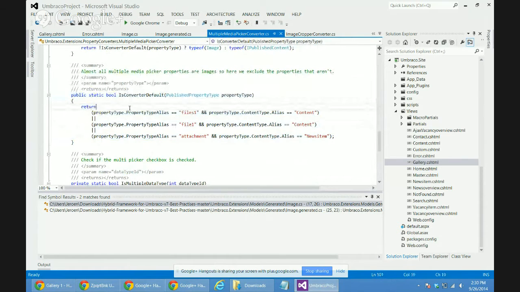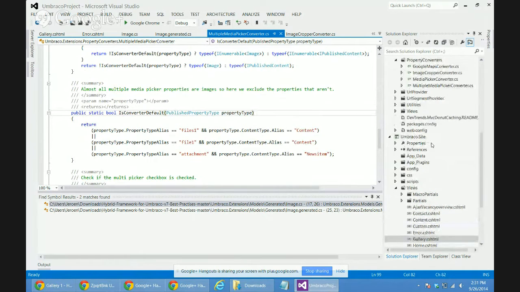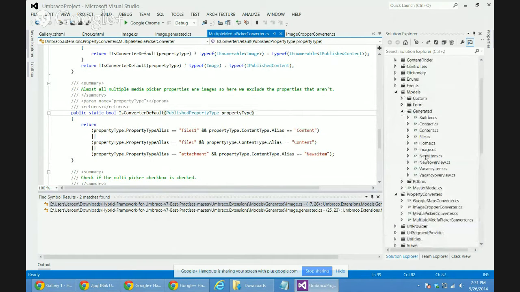So if you want to use a media picker, and you picked a PDF or a file media type, then exactly. In that case, you say, okay, I don't want to have an image. I want to have an IPublishedContent return. And you can even, let's see, for the news, for example,